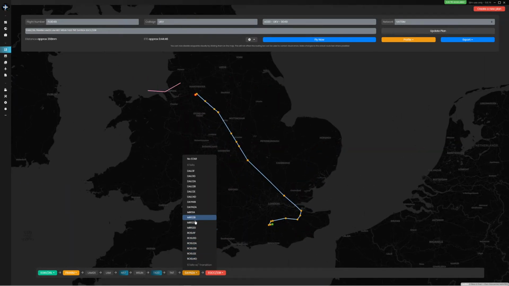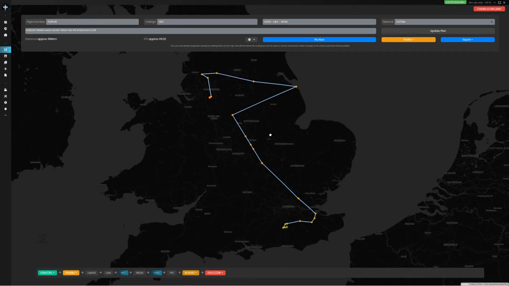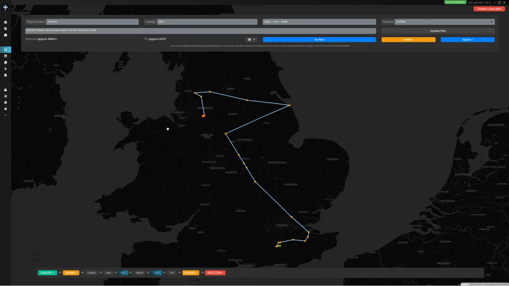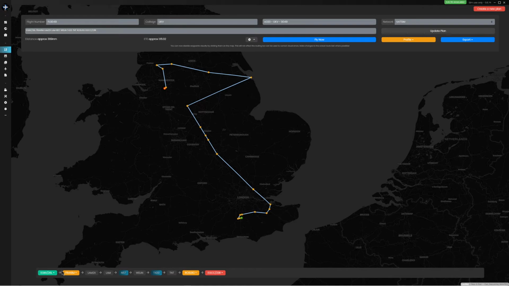You can change them. Obviously, you need to make sure it's going to be a suitable one for that airport. That would really not be the best one to do. But there you go. You can change all of these in here, but it will give you what it thinks is the best, most suitable route